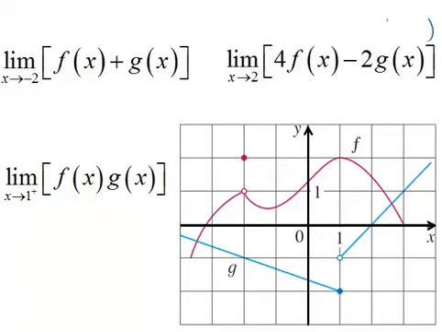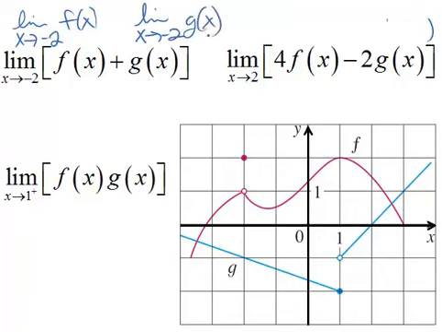We are going to find these limits, and we're going to use limit laws and then get the values looking at this graphically. So looking at this first one, we have the limit of the sum of two functions. So with limit laws, we know that's the sum of the limits, which means we can have the limit as x approaches -2 of f of x and the limit as x approaches -2 of g of x, and then